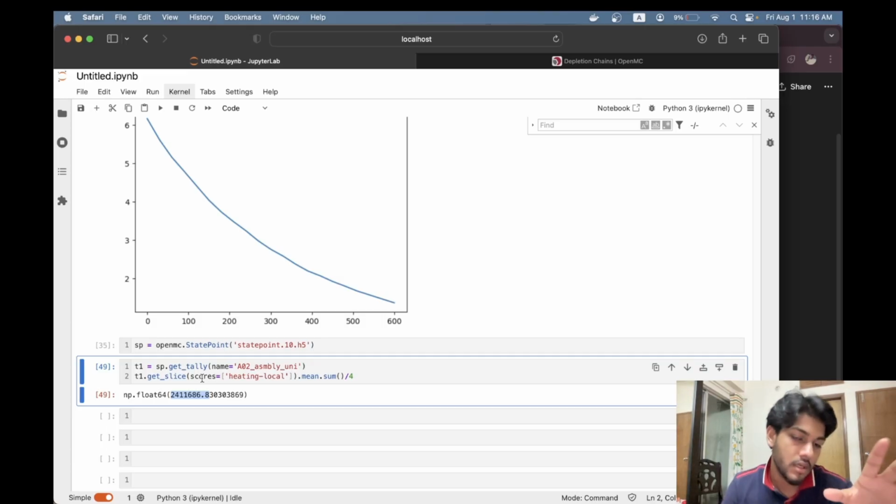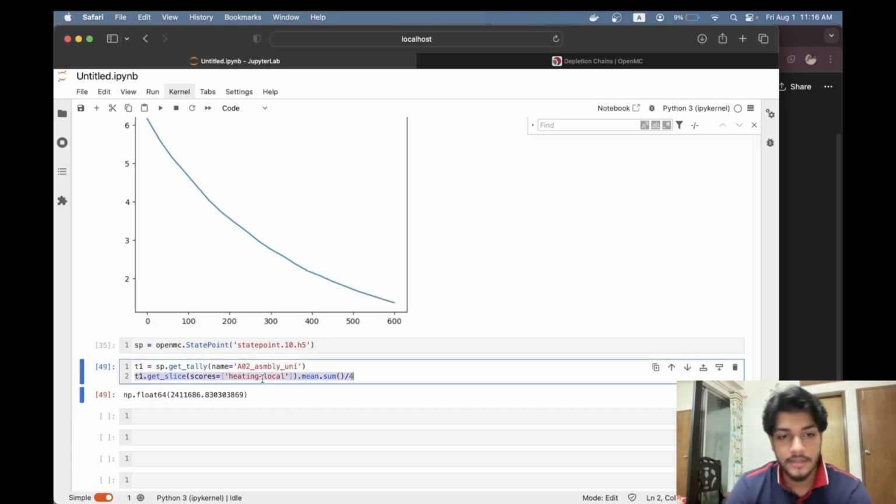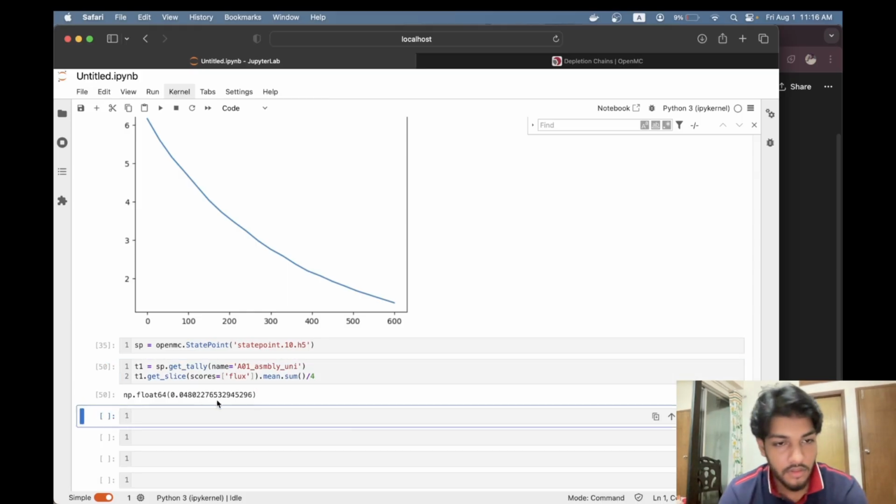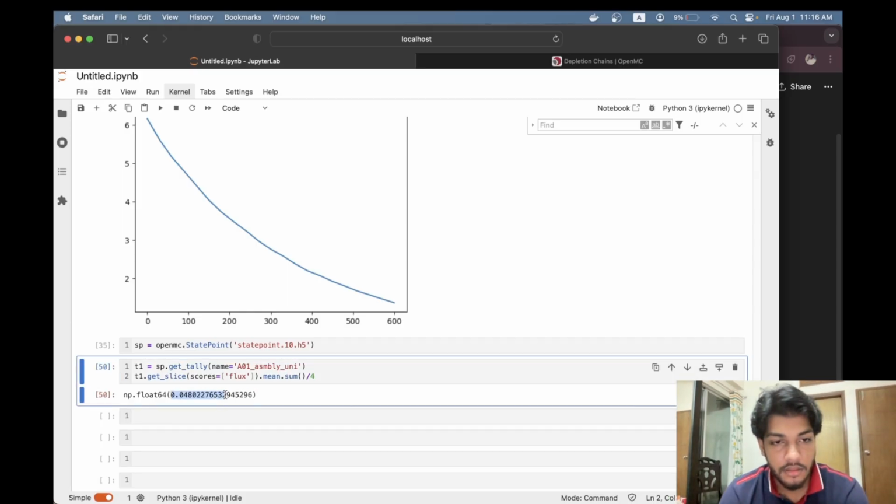Now it's time for calculating the flux. So how do you do that? I say flux, and this is A01 assembly, and this is 4. Okay, you see